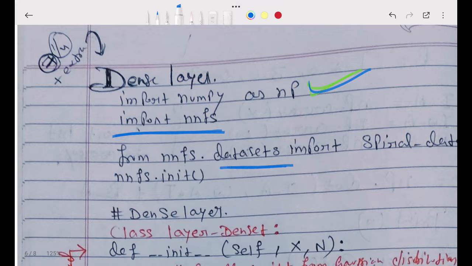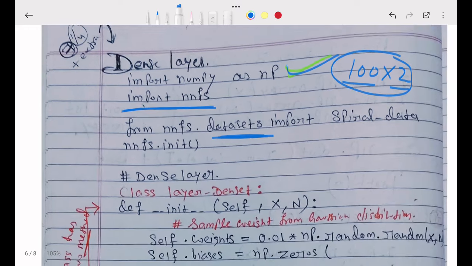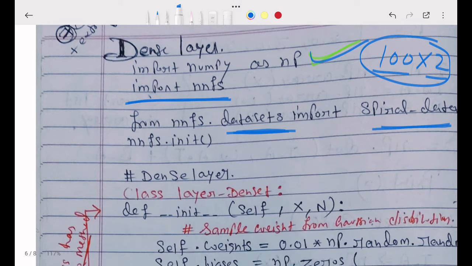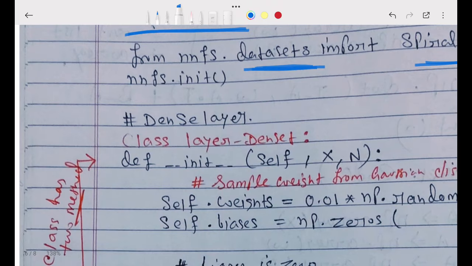Randomly you can take 100 rows and 2 columns. I can take many also, no problem. Here I am taking the spiral data set from NNFS.